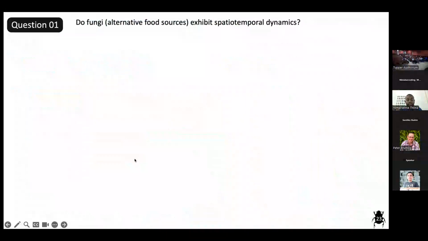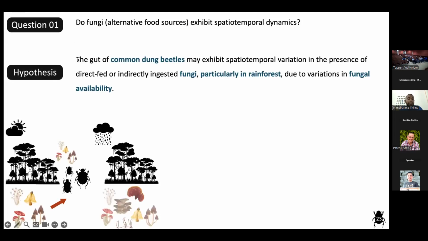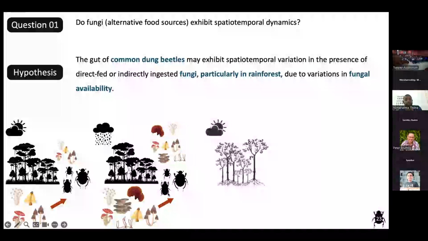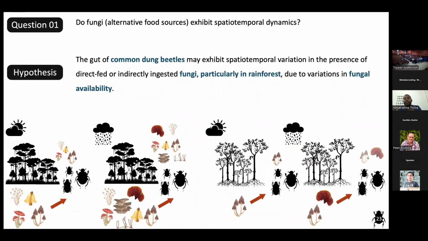So given that information, we want to look at whether the dung beetle shows different spatial and temporal dynamics of their alternative food sources, which is the fungi in this case. So we assume the dung beetle can feed on different types of fungi in the different seasons. And the second, in the rubber plantation, the available substrates are limited,